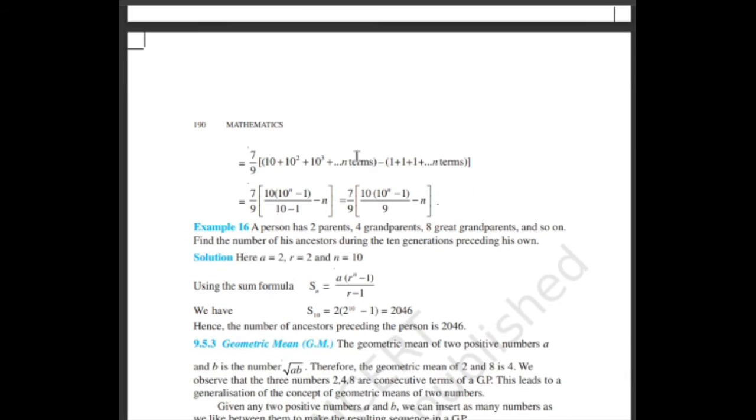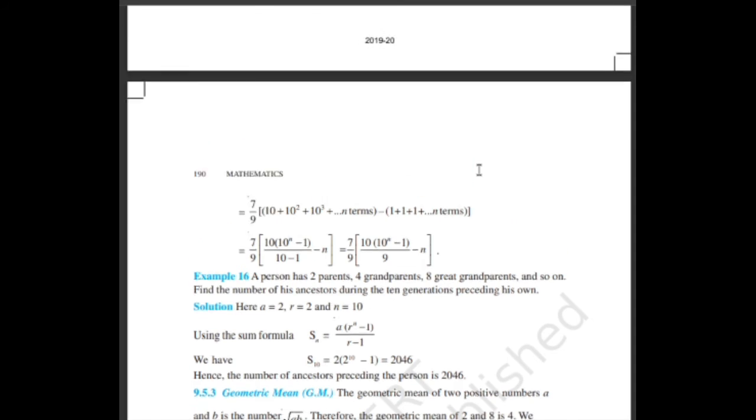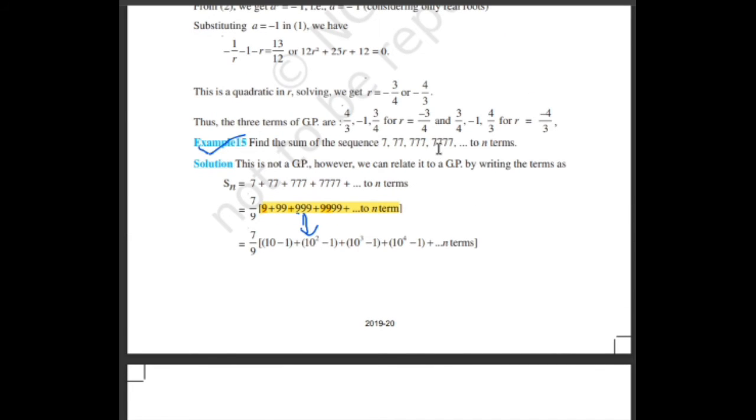So here you can see this forms a GP, and 1 n times, it's going to be n times, no, because there were n terms, so it's going to be n. So we actually got an expression in n. That means we can find the sum of any number of terms of this sequence. Okay, now I just explained this to you.